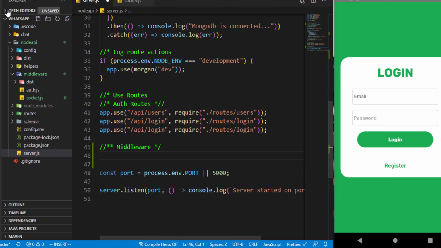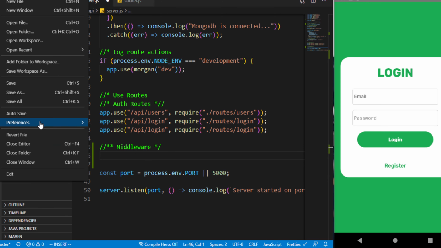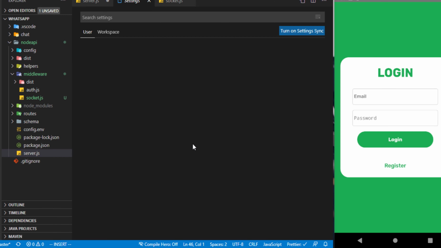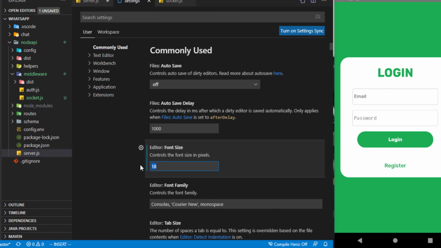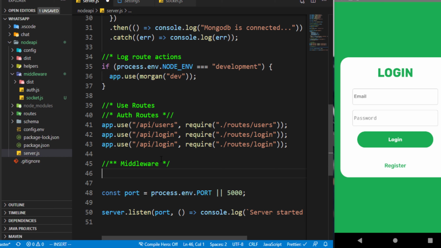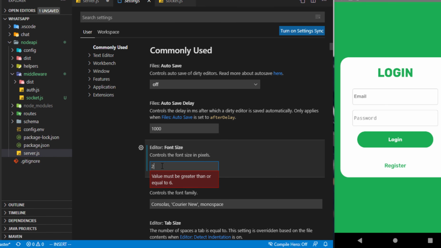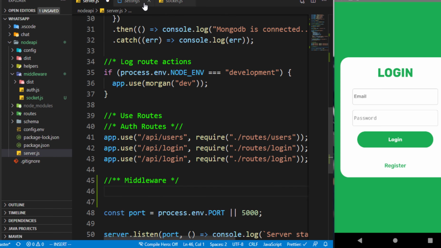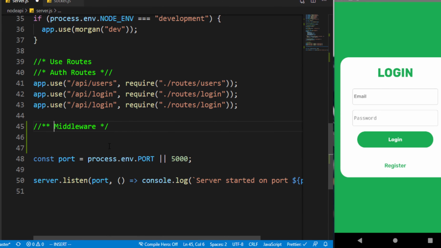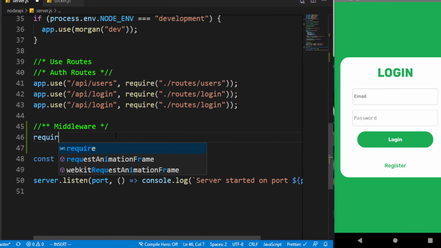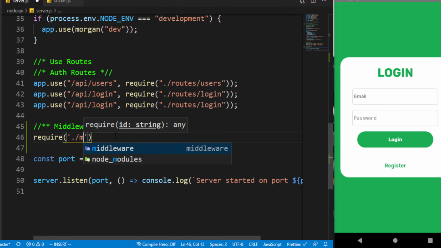I think I can just increase the font size a little bit so that it can be a bit bolder. I can make this 20, I think is best, not bad. Or maybe make it 22, better. That will force me to close the left pane, and I'm going to require from the middleware folder,